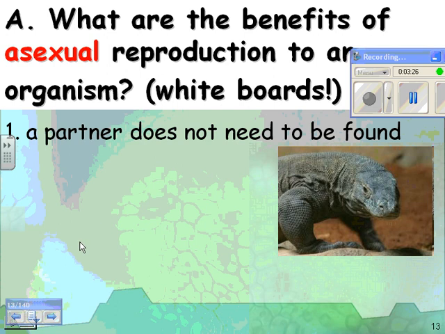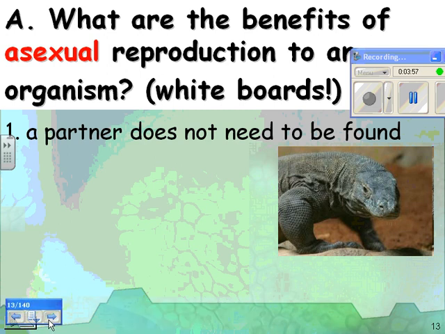So for example, there are fireflies where the males will shine their light, and males of one species will shine their light a certain way, and males of another species will shine their light a different way, and the females will respond by shining their light back, and so then the males will come down and mate with the females. Now if a female is hungry and she sees a male of a different species, she might shine her light like the male of that species, and then when the male lands, she eats him up. So finding a partner can be dangerous.